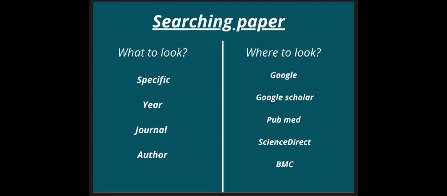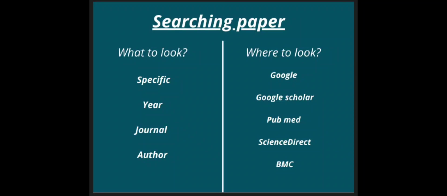Suppose you want to search for research on the effects of sound waves on plants. So rather than just looking at everything about sound or effects on plants, narrow down the search and choose specific keywords which are close to what you actually need. You may add another filter such as publication year, journal name, or author name. This way you will narrow down your search results to get more specific papers.